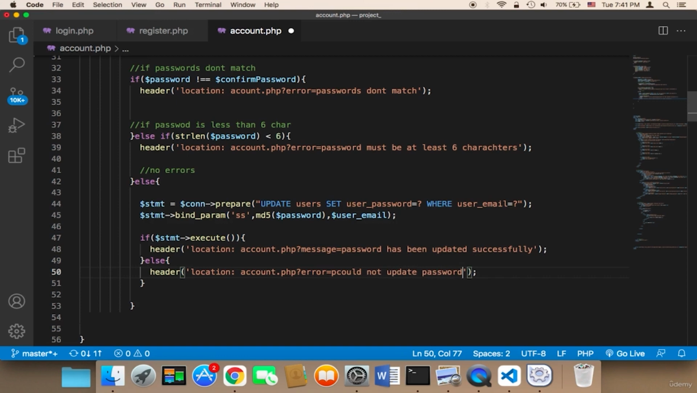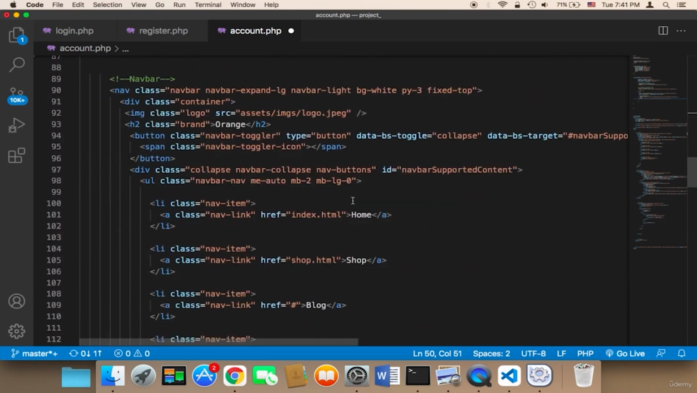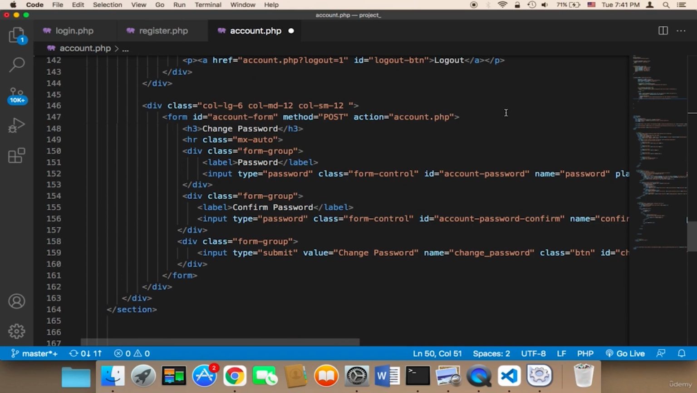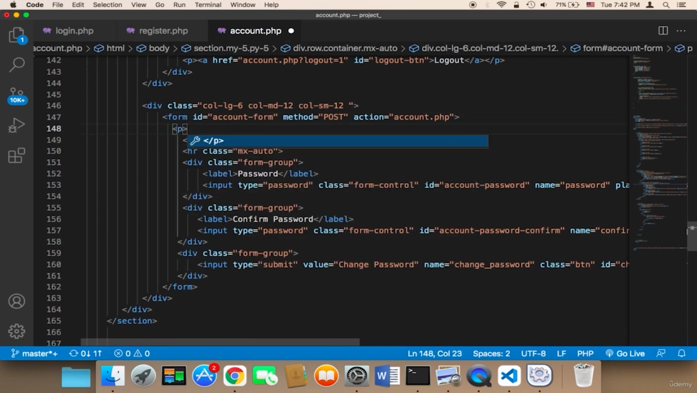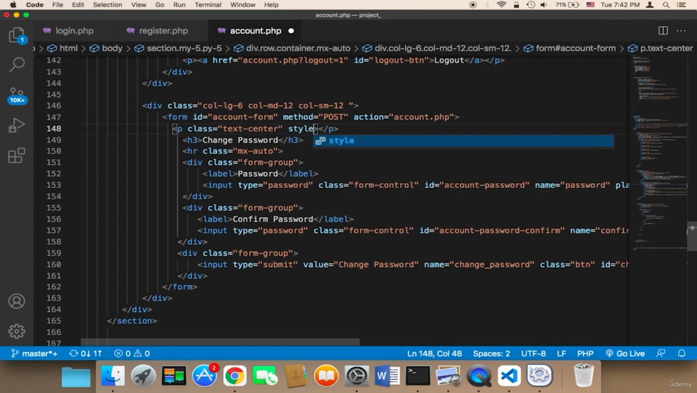And now what we want to do is display messages. In order to display messages above the form, here above this account form, I'm going to display two P tags. The first P tag is going to be for the errors, and the second one will be for success messages. So here I'm going to say class text-center, and the style color is going to be red, and in between I'm going to say PHP,